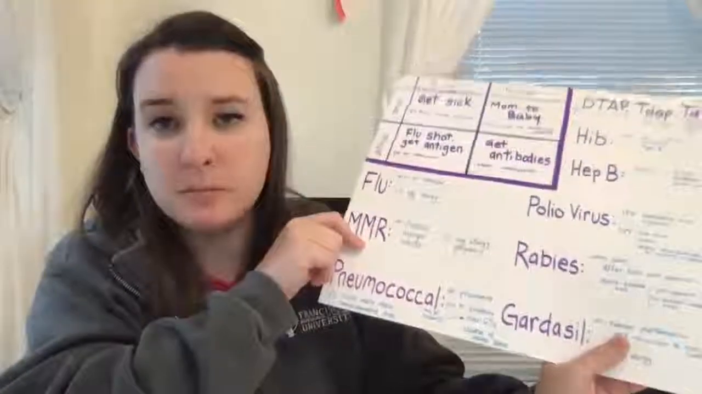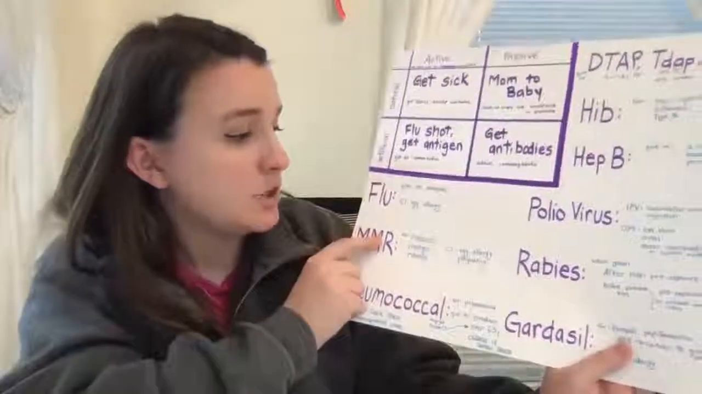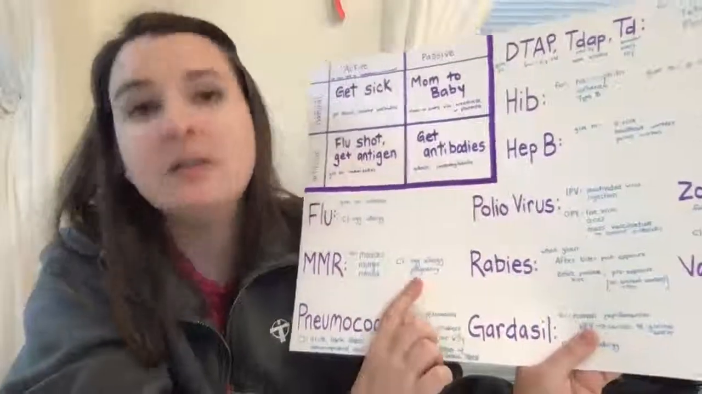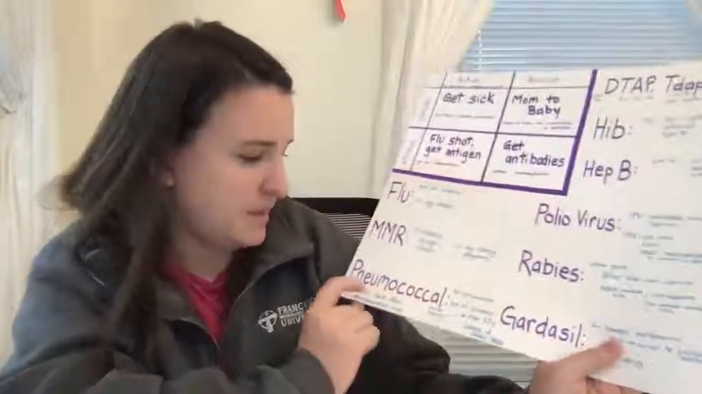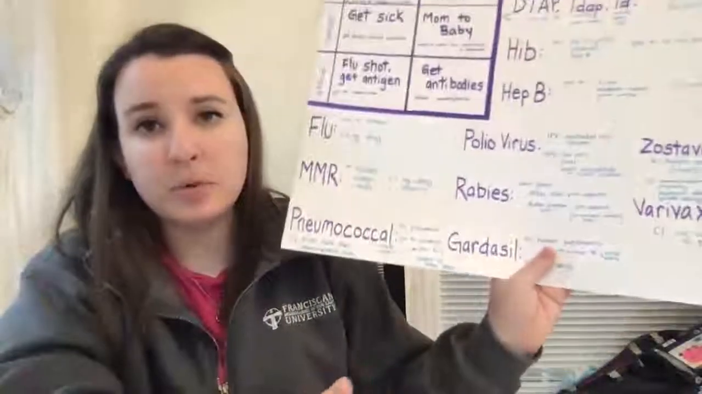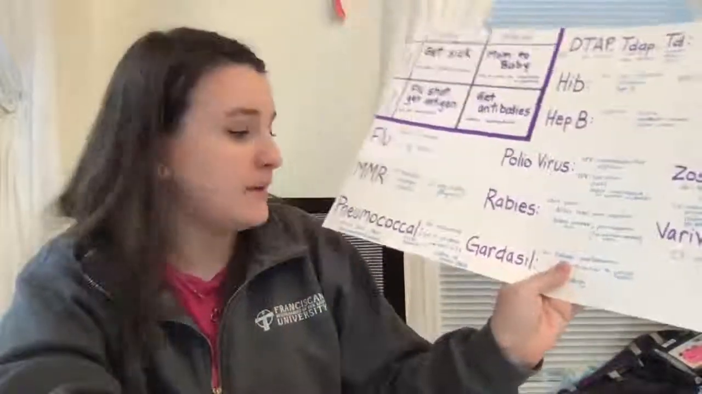MMR is for measles, mumps, and rubella, and this one is contraindicated in people who have an egg allergy as well, and patients who are pregnant. Pneumococcal, I hope I say that right. I think I said that right. This is for pneumonia. You can give this to people who are smokers, patients who are over 65, and children